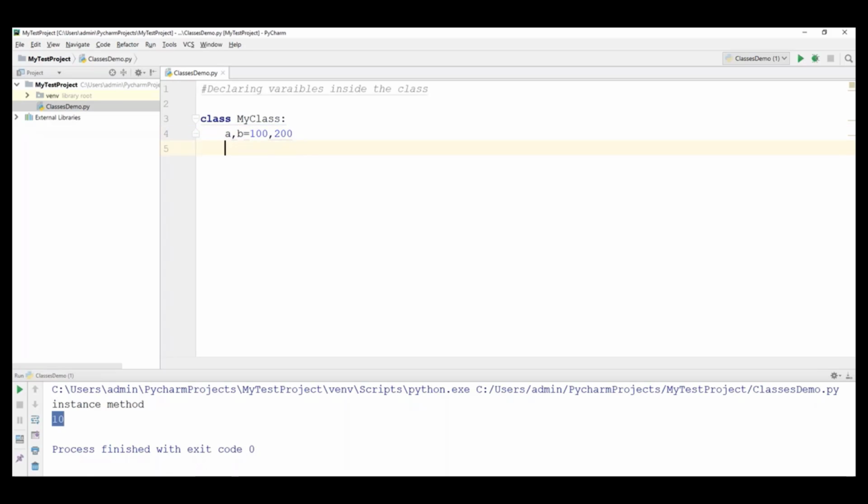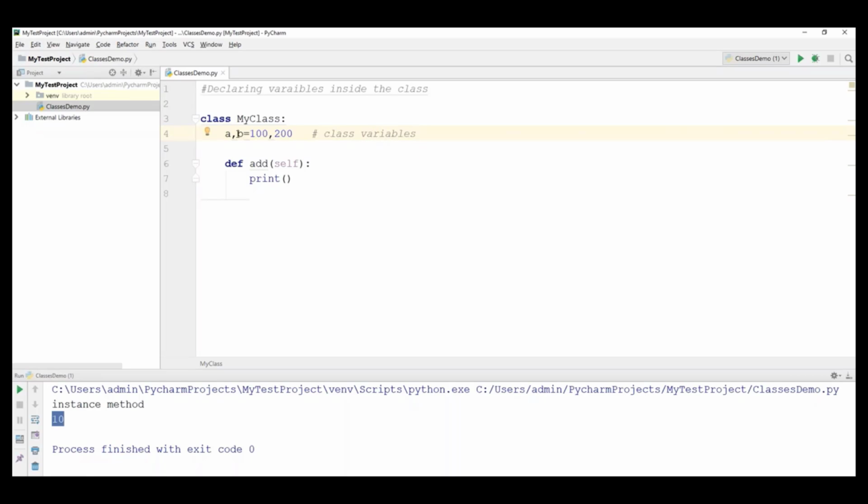And then along with these variables, I will also create two methods. Let's define an add method. So this is a normal method, an instance method, so self should be there. And then here I will just add these two values. Observe this carefully. Here I'll just say print. So what are these variables? These variables are the class variables. Remember this. These are all class variables.